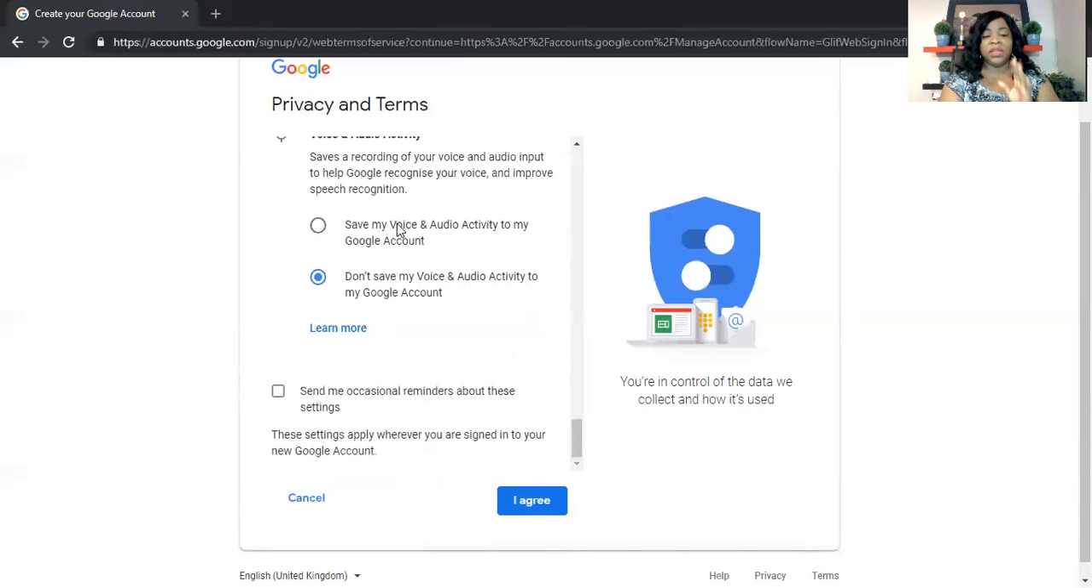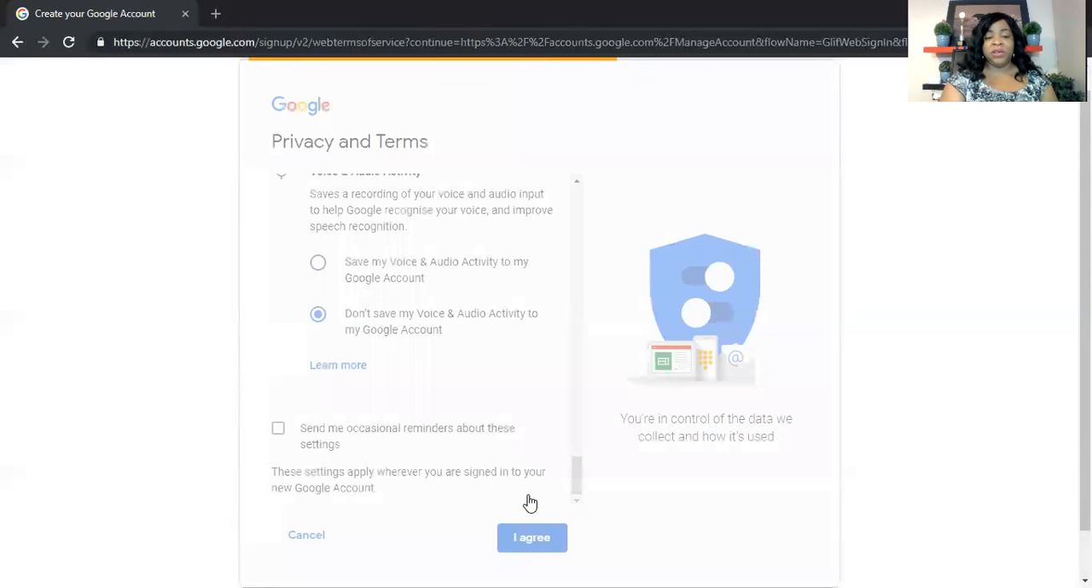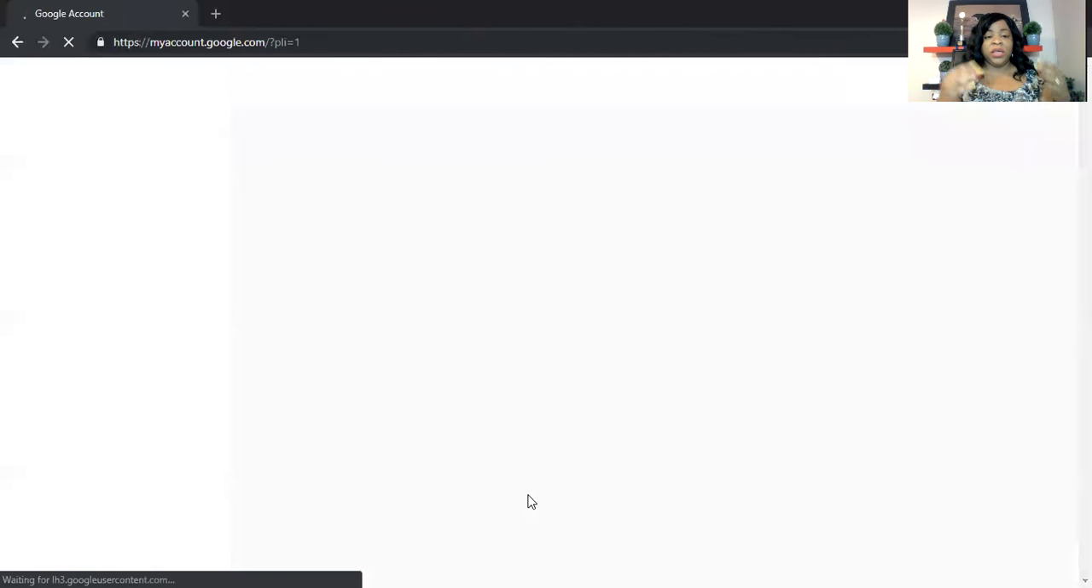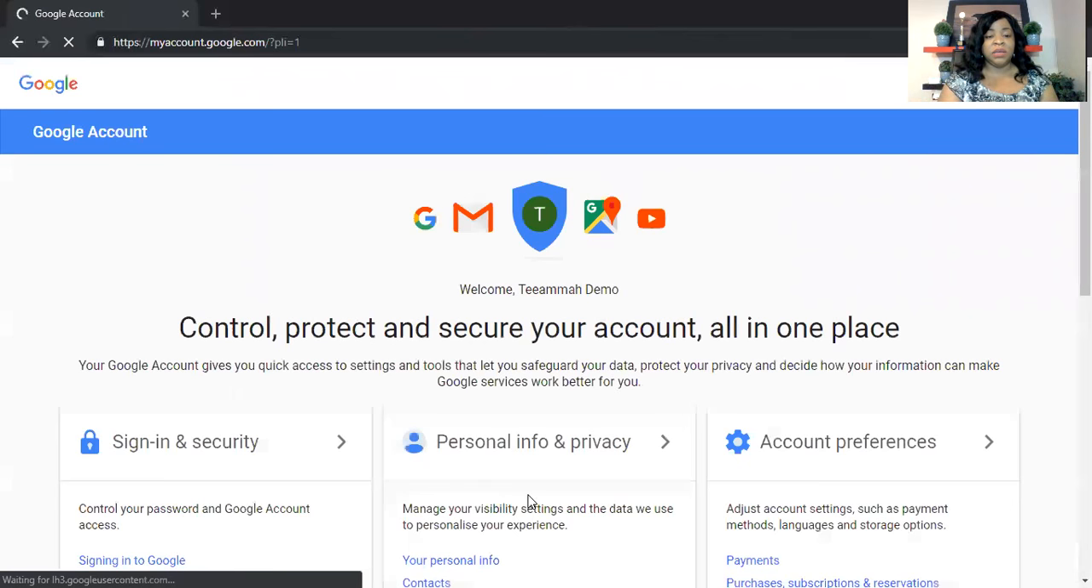If you click on saving it, everything you do, if you make a phone call on your phone, it's going to send you that on your Google account, and you don't want that. So you just click on this one. It's automatically chosen for you. So leave it as that. And here it says, send me occasional reminders about these settings. You don't want that. There's no need for you to put that. And so you just click on I agree,